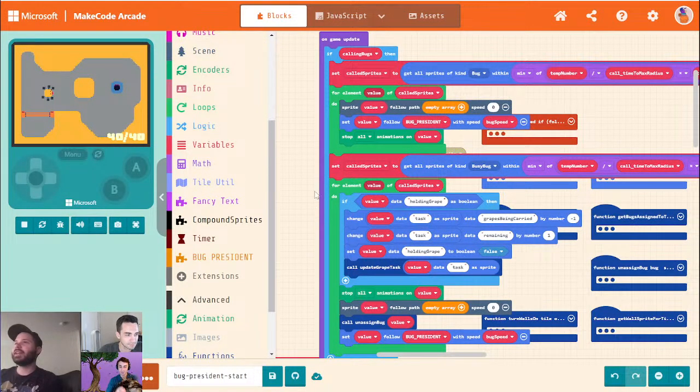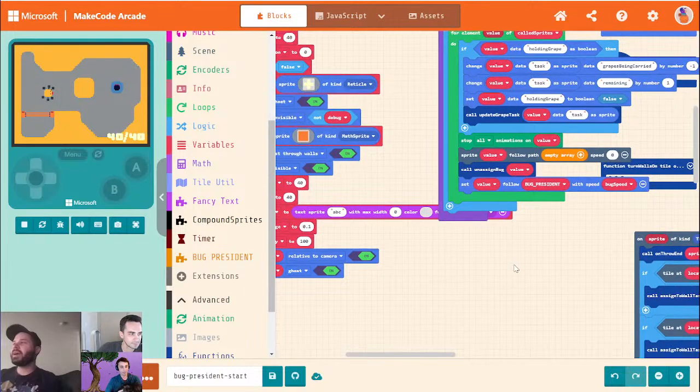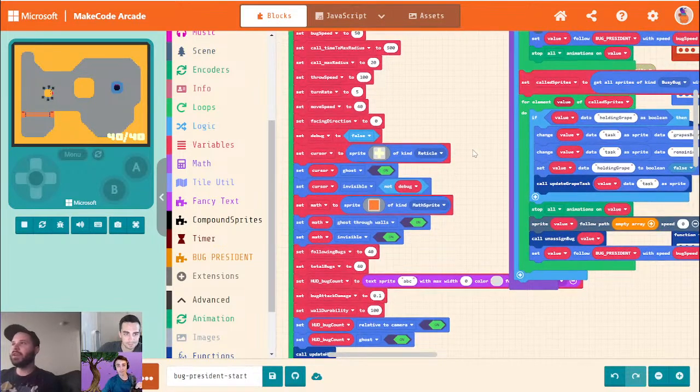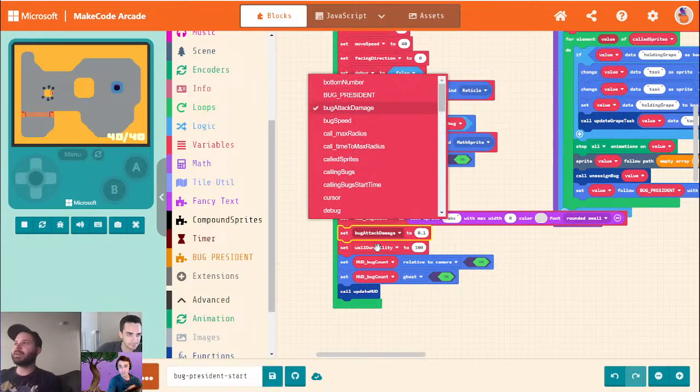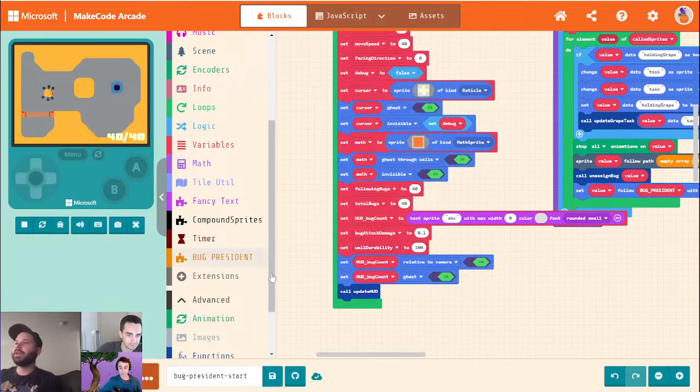So, with that, we can call them back now, but they're not actually doing anything. So I think we created 2 variables for this last time. Yeah, here we go. Bug attack damage and wall durability. So the idea is every bug that we have that is currently trying to break down a wall, we are going to,